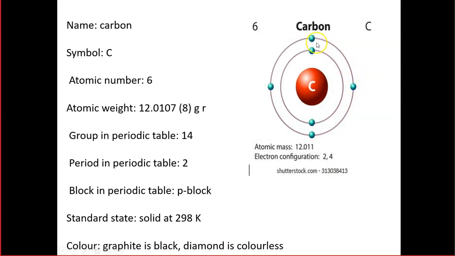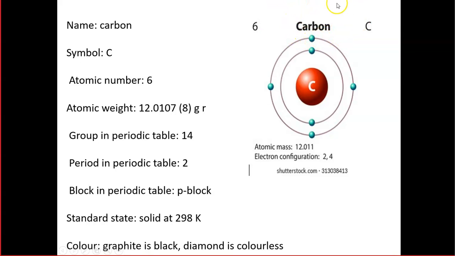So you know how the carbon atom is there. Two electrons in the first shell and four electrons in the outer shell. And to complete the valency, for the second shell, eight electrons are required. But carbon has only four electrons in its last orbit, so four more electrons it will require. So how will it form the bond? It can form bonds with four other carbon atoms.